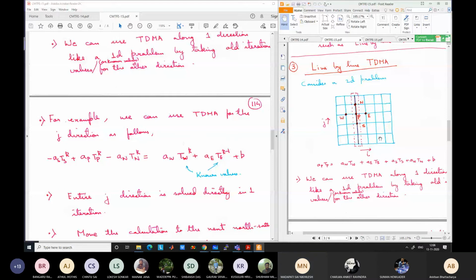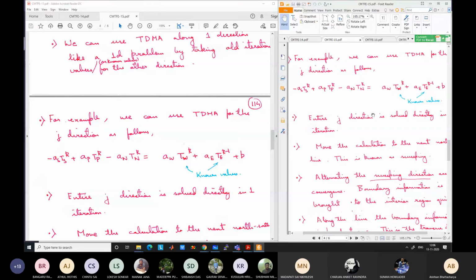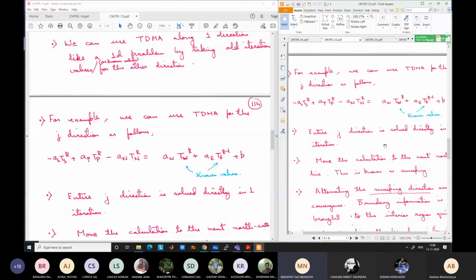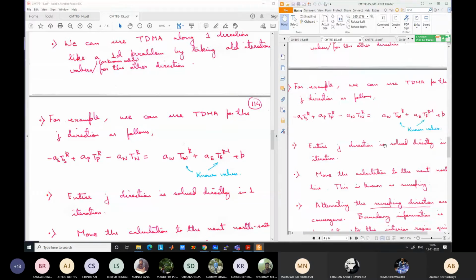Let me explain. It is not that we are going for one pass. For the first pass, how can you know the values? You have to take them from the previous time step value or the initial condition, or some initial assumption, an initialization you have to do. So for the first iteration, what should be the T to the power k minus 1 value? Sir, that is based on the boundary condition and the initial conditions, right? It is based on the initial condition if it is a transient problem.